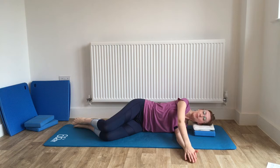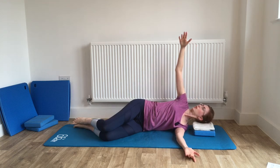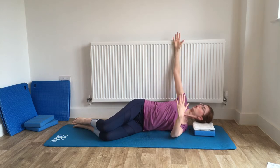Now I've got one more strength exercise, but I think before we do that, we'll just open out the chest a little bit. So we're going to do an arm opening. We're going to take the top arm, open it out, reach up to the ceiling, and turn the head and follow it, and we're just going to take it just past our center line, our shoulder. So we just get a nice little stretch